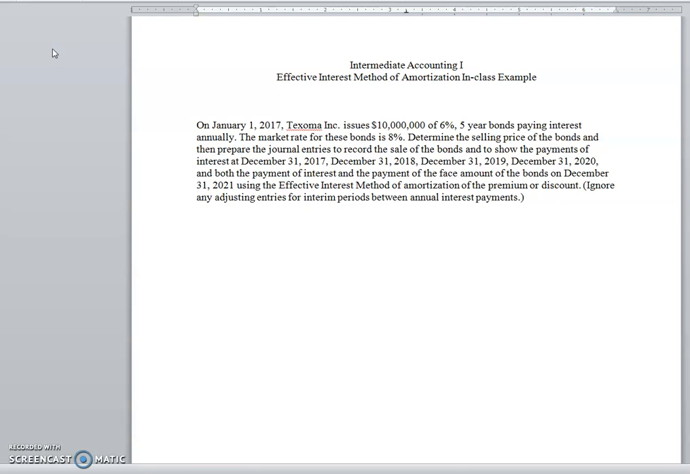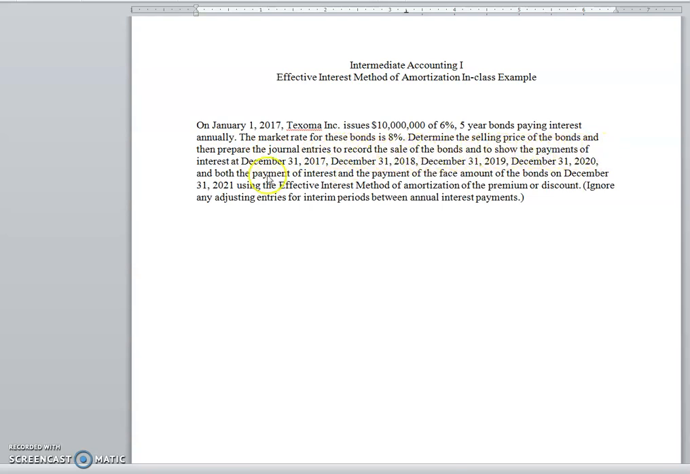So this is one I just made up several years ago, but on January 1st, 2017, Texoma Inc. issued $10 million of 6% 5-year bonds paying interest annually. The market rate for these bonds is 8%. Determine the selling price of the bonds, and then prepare the journal entries to record the sale of the bonds